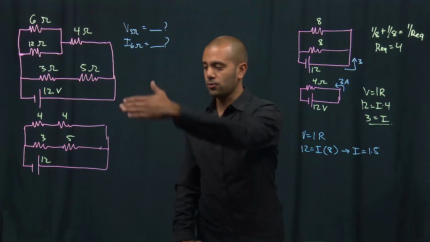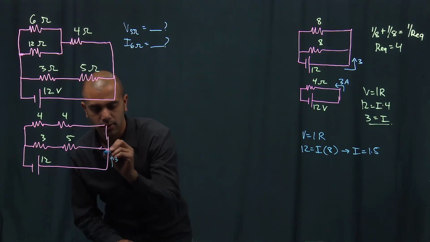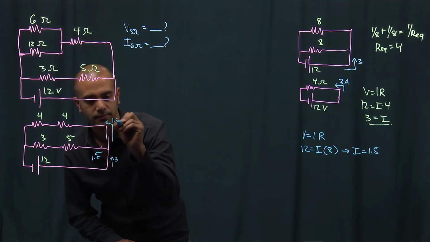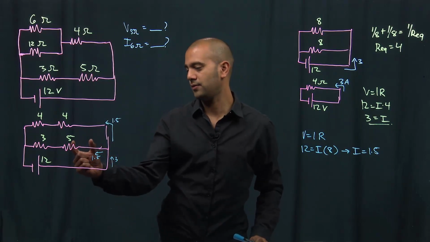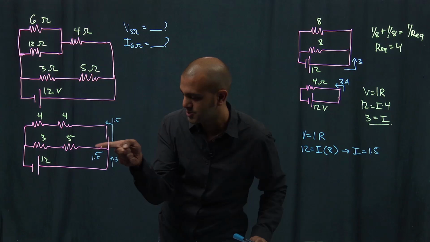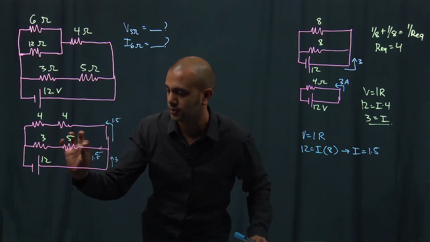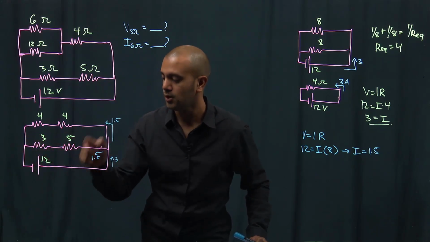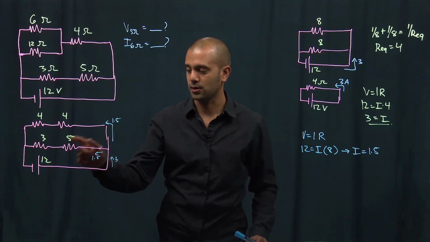Okay, now we can go back one more diagram. And we know that this guy is coming in through here at 3 amps. It splits into 1.5, and it splits into 1.5 in this direction. Now, we need to find the voltage across the 5 ohm resistor. We know the current coming through this branch is 1.5. And because this single branch does not split, the current traveling through any point of it will be the same: 1.5, 1.5, 1.5. So in particular, through that single resistor, the current will be 1.5 amps across a resistance of